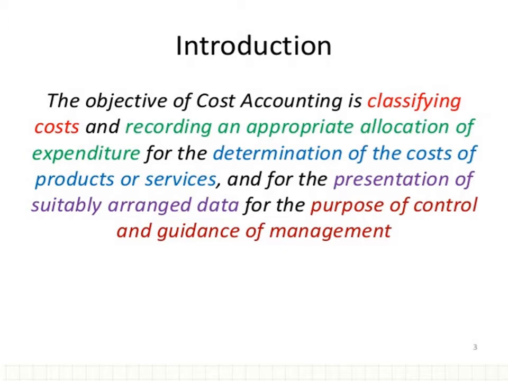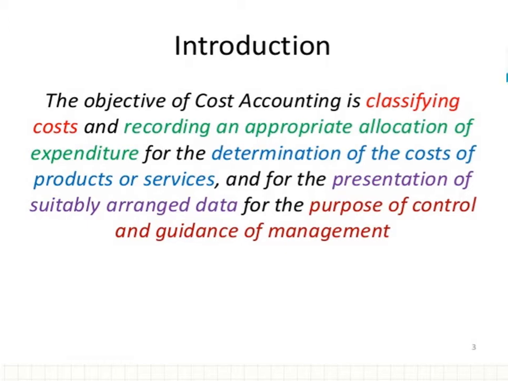Whenever we have overheads, we are not able to identify them directly, but they are incurred, and if we do not identify and allocate them to the various heads, we are not able to control. So the basic concept of cost accounting is where control is very important, and control of cost is possible in various ways. One way of doing it is cost allocation.